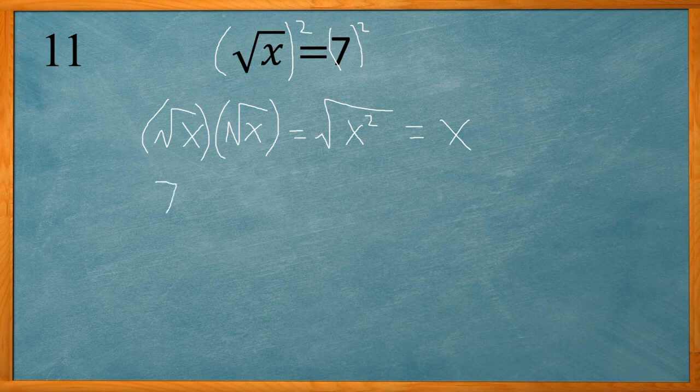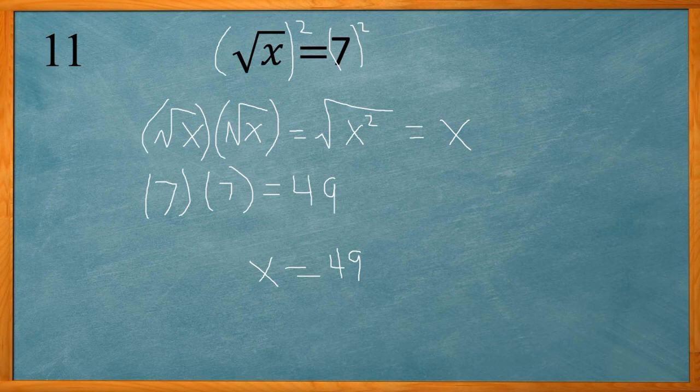And when you square the 7, 7 times 7 equals 49. So now we have x equals 49. Now, before we said with the square you had two answers, but here you only have one. We can take the square root of 49, that gives you 7,